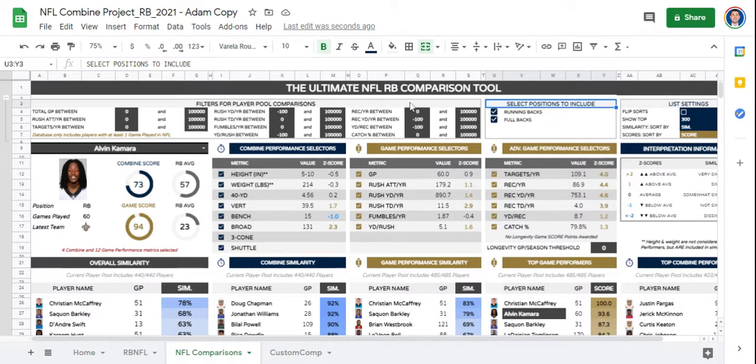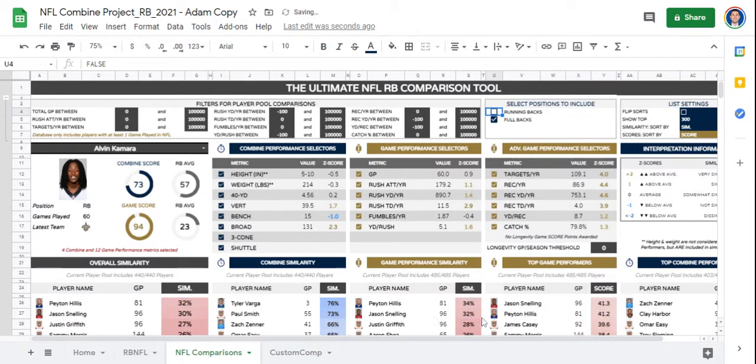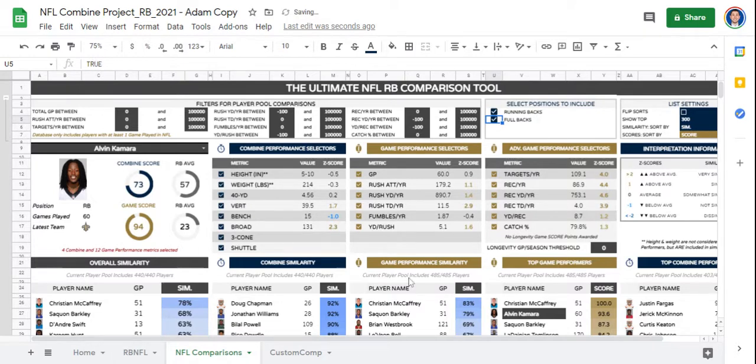So this tool is for running positions, and we have running backs and fullbacks, both checked off. If we decide to uncheck the running backs, our list will only include fullbacks. If we include running backs back in, then they'll include everybody, and we can also exclude fullbacks if we'd like to. That also works